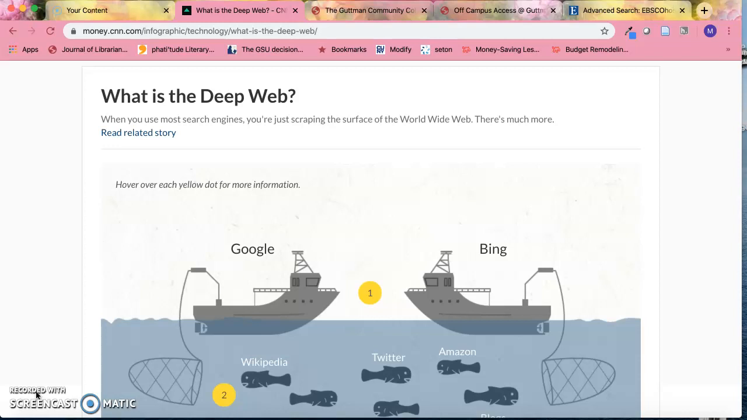I've been asked to give you a brief overview of how to use the library's databases. In preparation for this tutorial, you should have already Googled your topic. In this case, it's city bike. And what I'm hoping to show you in the next few minutes is why